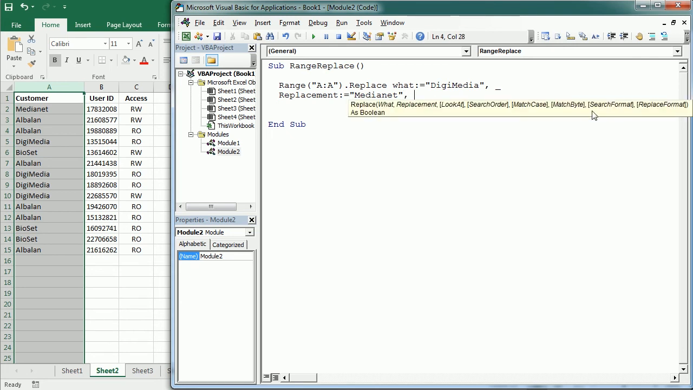We can also specify the search order, the search format or replace format. The match case is very interesting because, again, it can help differentiate between uppercase, lowercase. So let's say we want to replace those that are exactly the same. So first letter capitalized, or in this case, we have 2 capital letters there. So let's say we only want to have those with the 2 letters capitalized, the D and the M in Digimedia. So that would be then match case